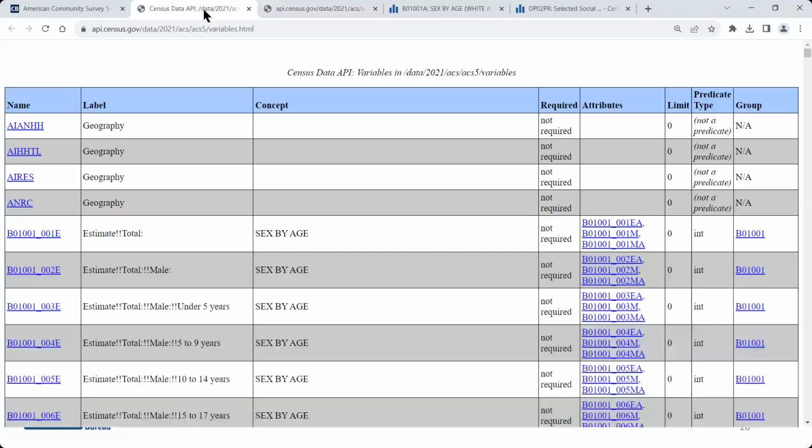So to find those variables, I'm going to go to that variables page that I had opened up a moment ago. And from here, this is a list of all of the different variables from the detailed tables dataset. So what I need to do again is open that search box in my browser using Control and F. And once again, it opens up here towards the top of my screen in Google Chrome. And what I'm going to search for this time is the table ID I was looking for. So remember that first table ID we were looking at, B01001A, B01001B, et cetera, et cetera. So I'll start by searching for B01001A.